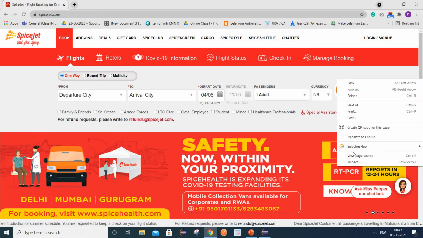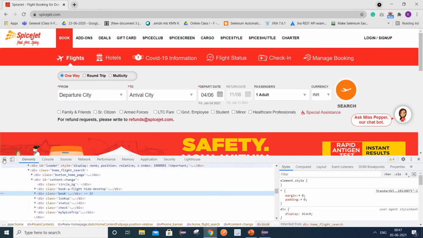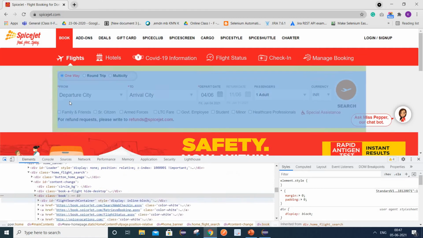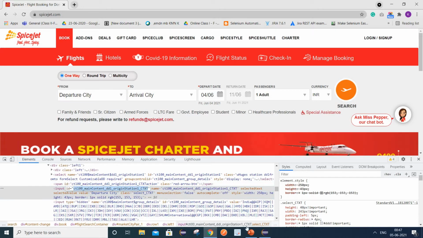So simply right click, inspect. Okay, and with the help of this arrow you can highlight the element. Okay, so I've highlighted this element. Now we can see that inside the input tag there are various attributes available like ID, name. Okay, as we have ID available, let's go ahead with the ID.